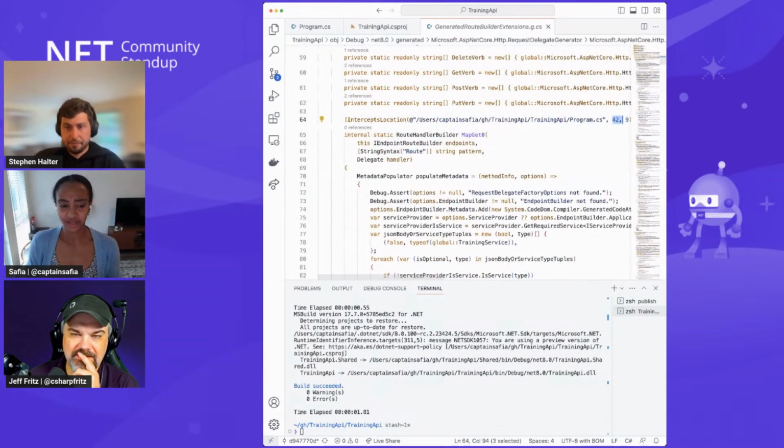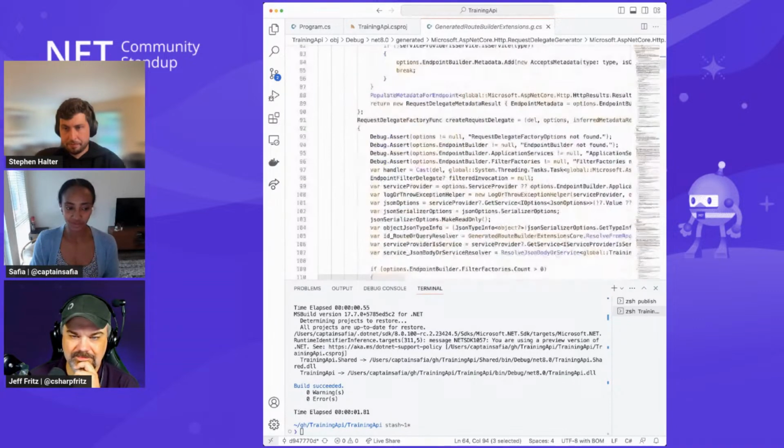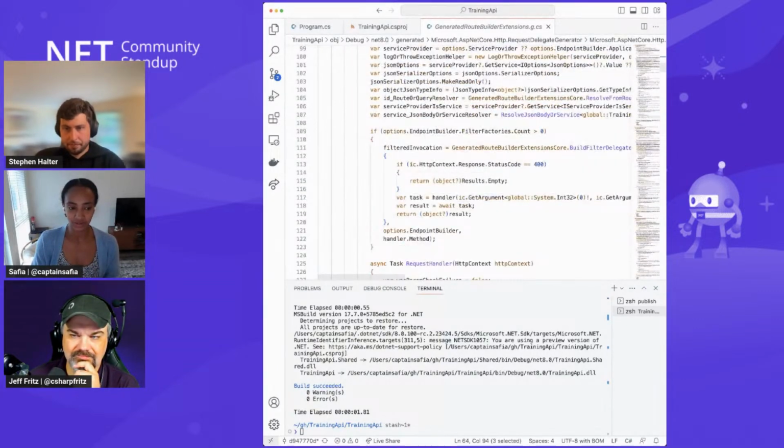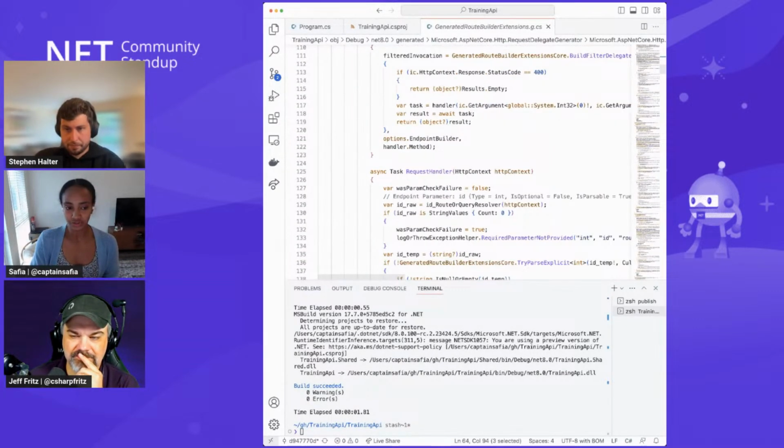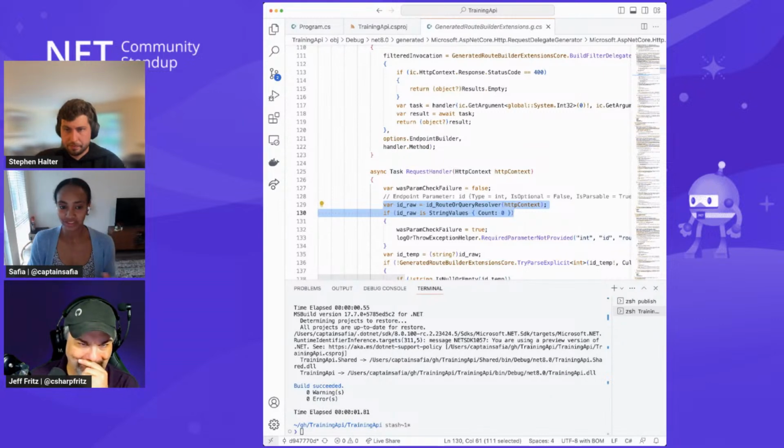And if you're curious, you can dig into the actual implementation for what's produced by the code generator, and you can actually read through it. And what I think is cool is you can see what the structure looks like for how we resolve things from the HTTP context. So I mentioned earlier that part of what we do is inspect the parameters of your handler. So here we see you have an ID parameter that's an integer.